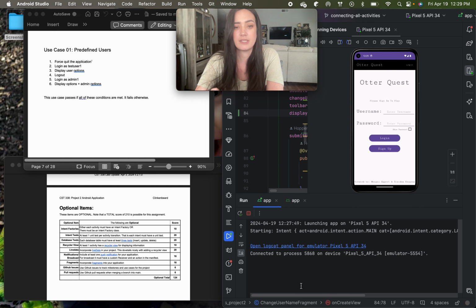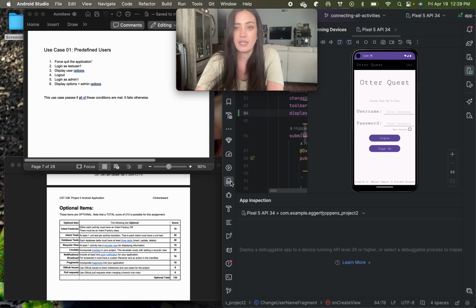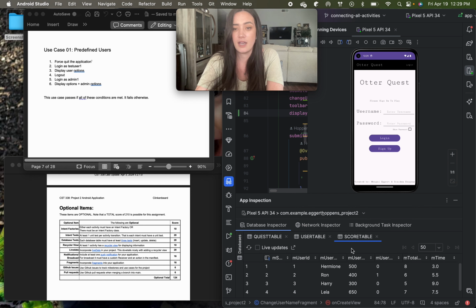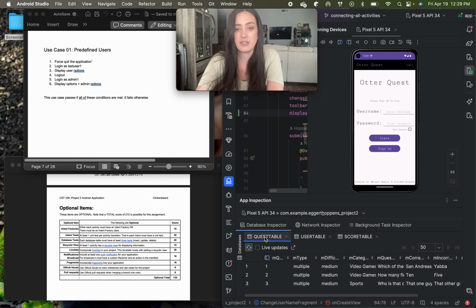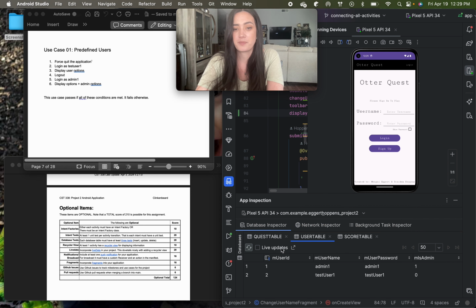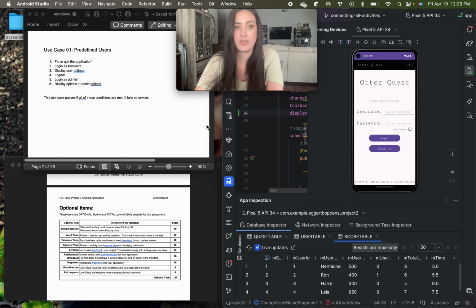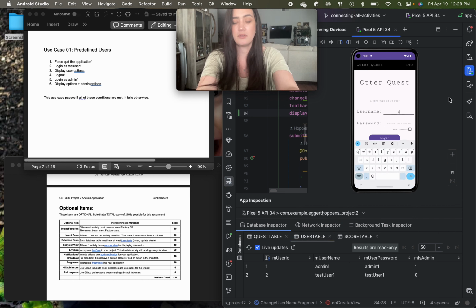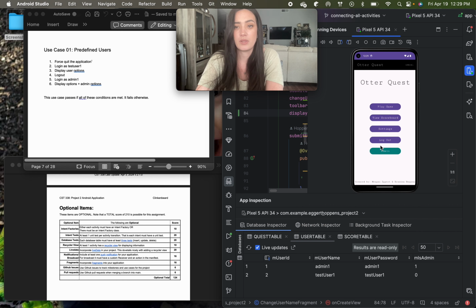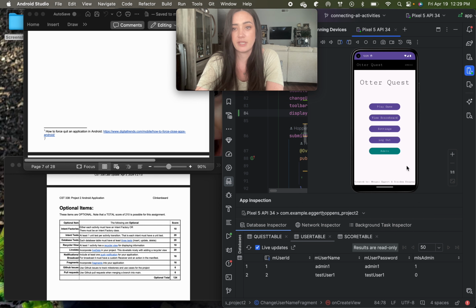So for the first three use cases, we have predefined users, and so I will open up the app inspector here and it will show the database of a pre-populated score table, pre-populated users, and questions as well. To show that the predefined users works, I will attempt to log in as admin1. We will log in and you will see that we are able to log in and it displays the admin